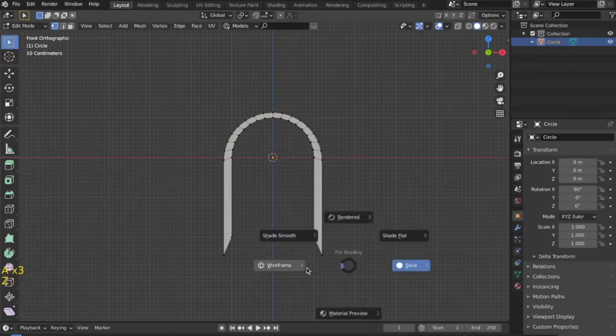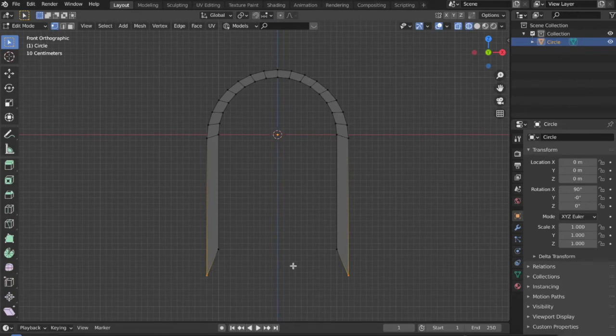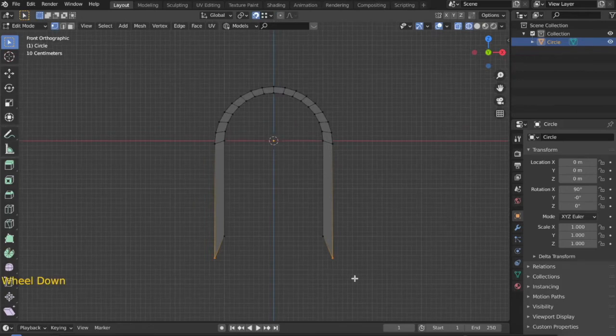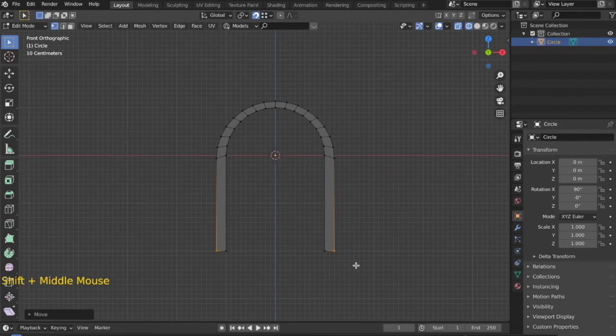Then go into the wireframe mode by pressing Z on your keyboard. Now select these two bottom vertices by left clicking your mouse and dragging it along. Before doing the next step, what we want to do is select the snap vertex function and over here we will select the vertex option. Now by pressing G and then Z, we can snap it along here. So as you can see, now we have aligned the bottom part.